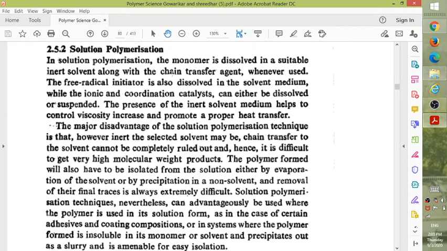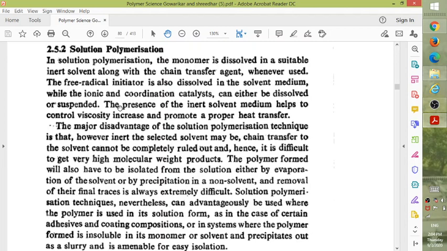In solution polymerization, the monomer is dissolved in a suitable inert solvent. So you see it is a solution. What is a solution? Solute plus solvent is solution. So here in this case the solvent is inert where the monomer is being dissolved along with chain transfer agent whenever used. The free radical initiator is also dissolved in the solvent medium, while ionic and coordination catalyst can either be dissolved or suspended. So everything is dissolved in solution polymerization except this ionic and coordination catalyst, which can either